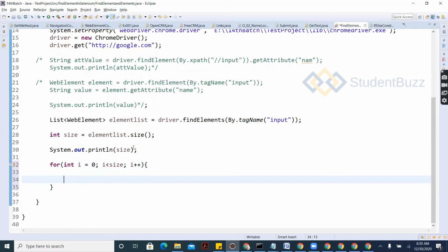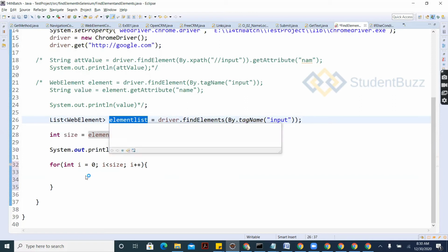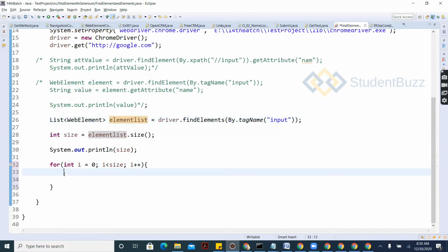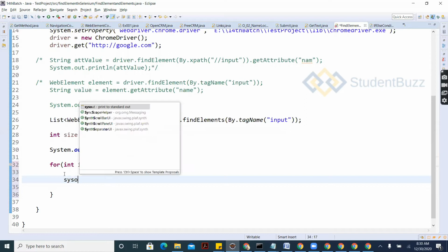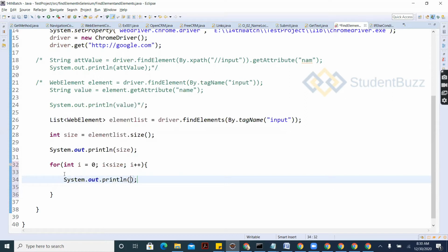So then you have all the elements here, now you want to print all the listed elements. Here you have the element list, this is the entire element list. You can print it directly also.